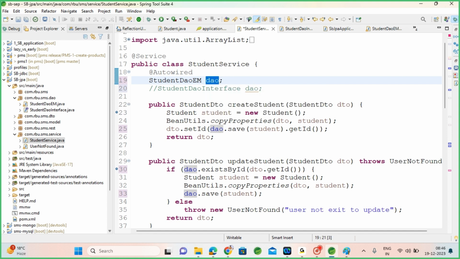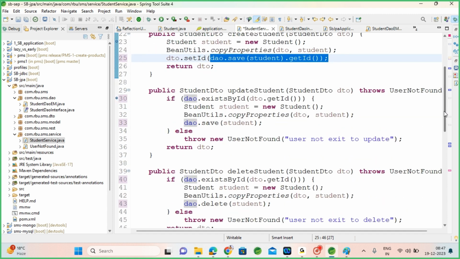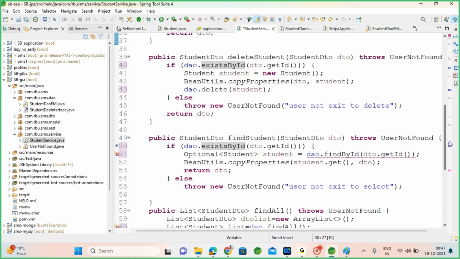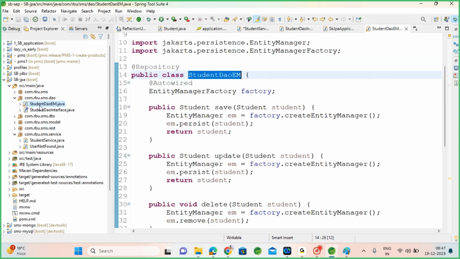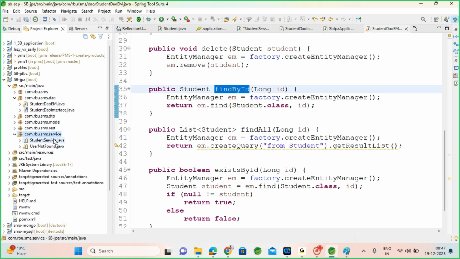So now using DAO, I'm calling the save method. Exists by ID method also we have, save we have, exists by ID, find by ID. And didn't we create a find by ID? Find by ID, it is there. Signature